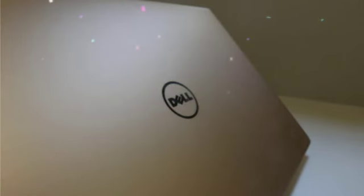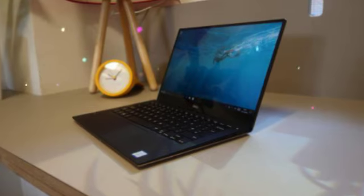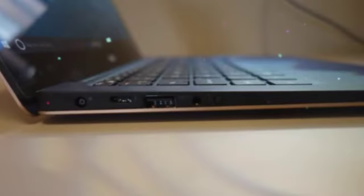What is the Dell XPS 13? Below continues my Dell XPS 13 review from the end of 2016. Dell's XPS 13 is back for 2016 with an updated specification that includes more efficient Intel Kaby Lake processors and